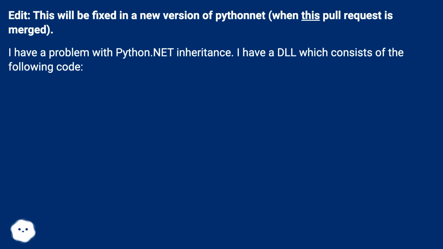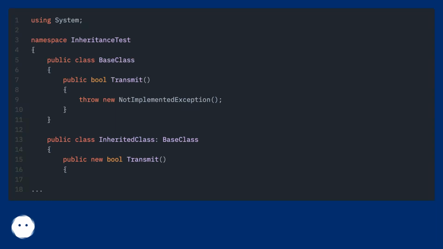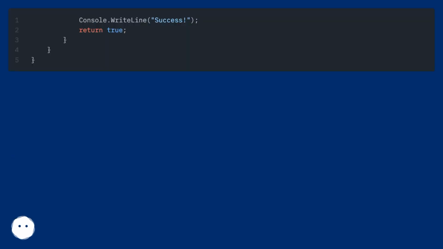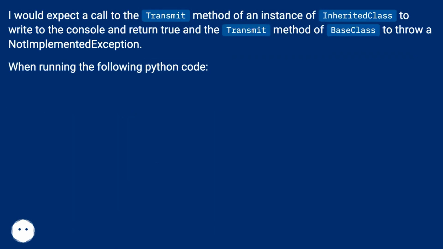I have a DLL which consists of the following code. I would expect a call to the transmit method of an instance of the inherited class to write to the console and return true, and the transmit method of the base class to throw a not implemented exception. When running the following Python code,